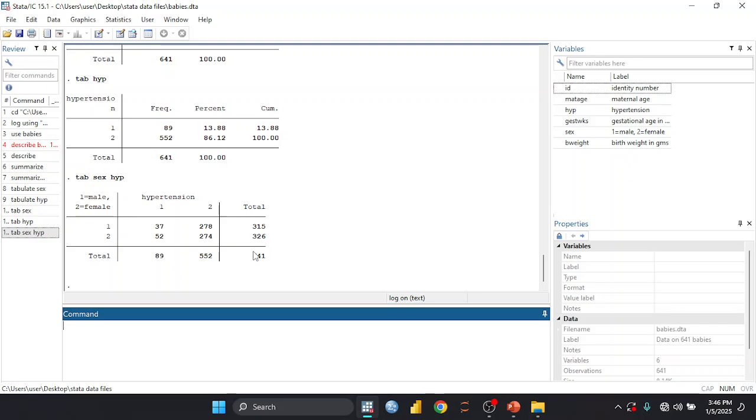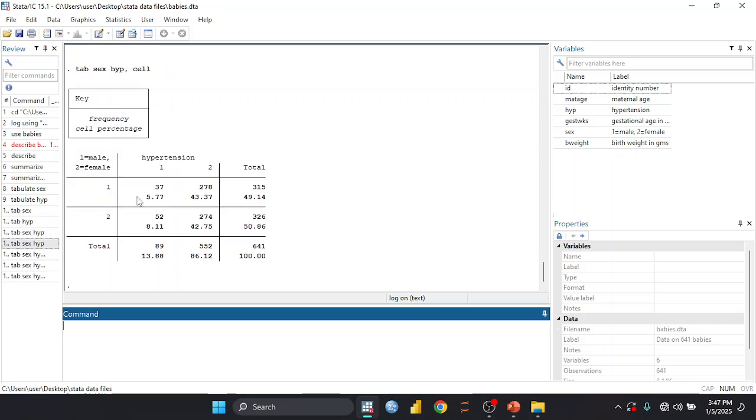Now let's check another command. Tab sex height, then cell. Now we have this command. It encapsulates everything, instead of row-wise or column-wise. Let me interpret it this way: male children from hypertensive mothers are 5.77% of the whole sample. Male children from non-hypertensive